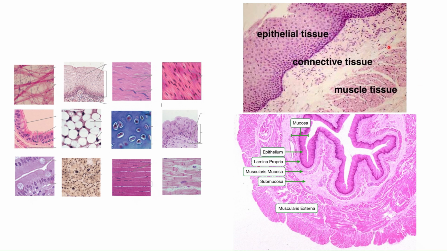So in here, you would see that your muscle tissue is usually seen in the deeper layers of your organs, as with this section through your skin. So you can see that this is your muscle tissue. We already finished talking about your connective tissue here and your epithelial tissue here. In this section